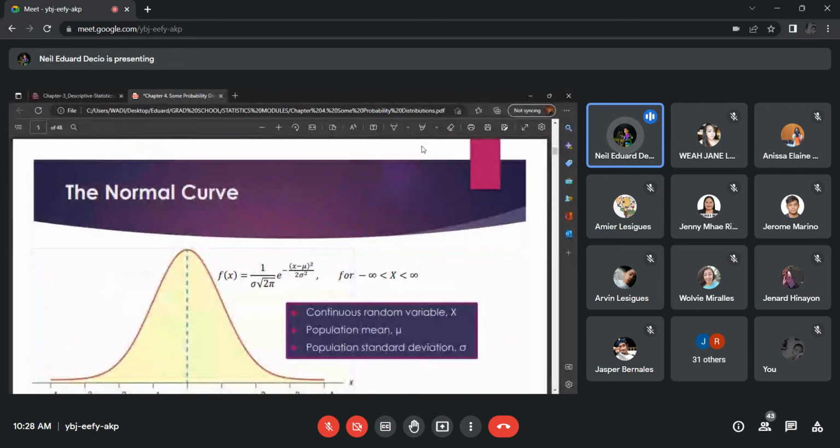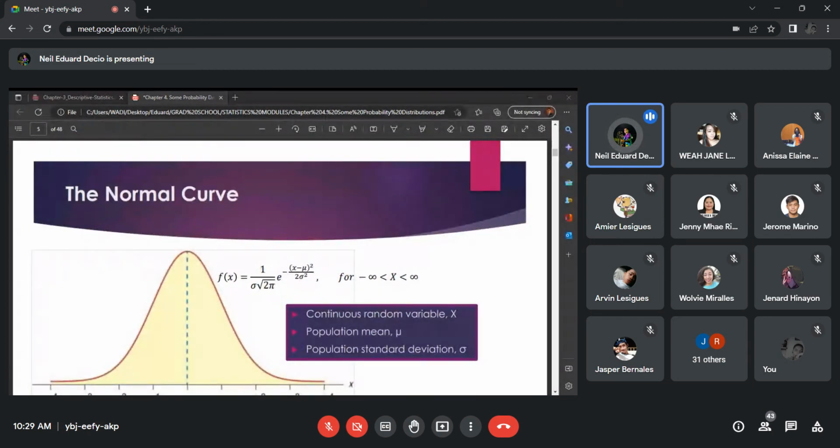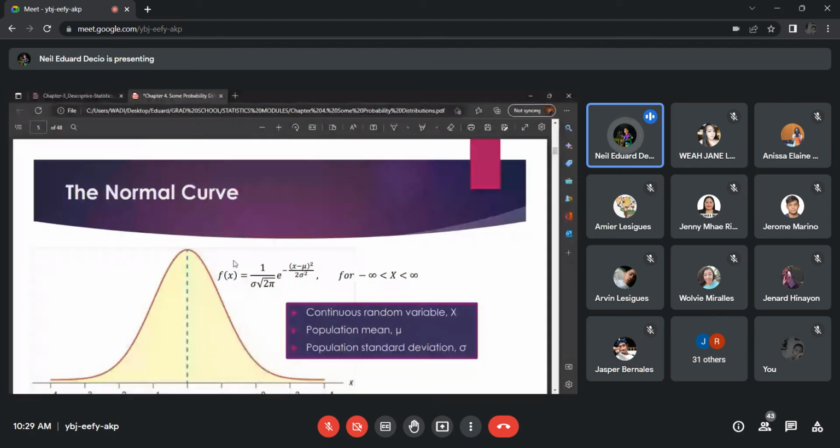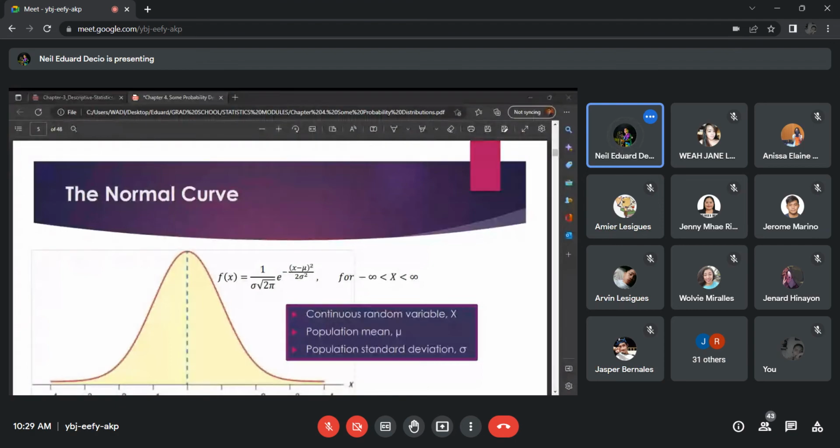Another one, so this is the normal curve, ano? It looks like this. Tapos yung area naman, the area under that curve can actually be solved using this formula. But then we're not actually gonna use the formula, ano, kasi meron na tayong table of values to get the actual value under the normal curve. But then kung gusto nyong maghirap, you can actually use this formula.